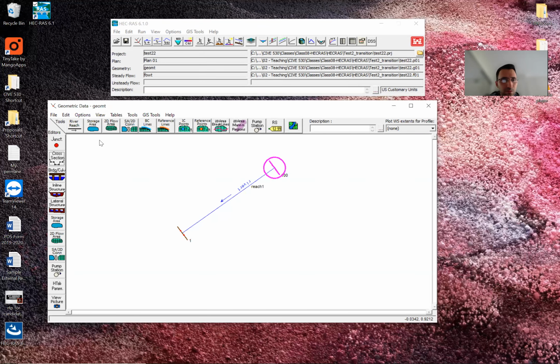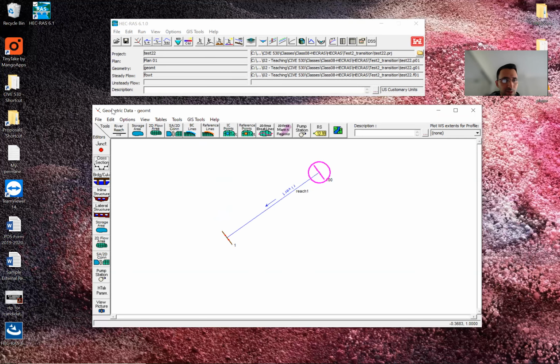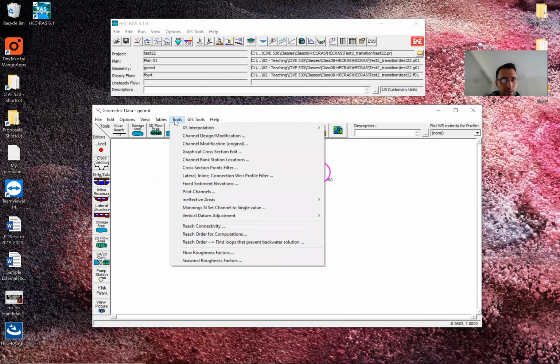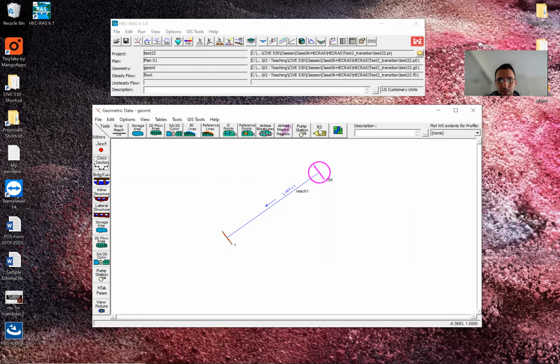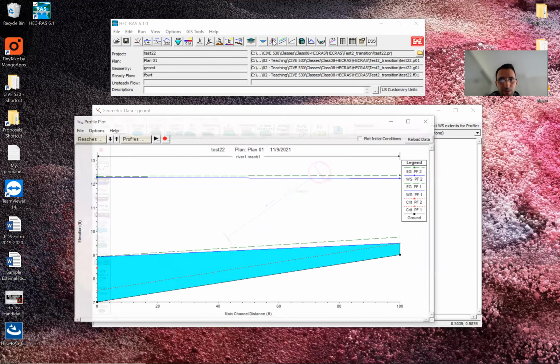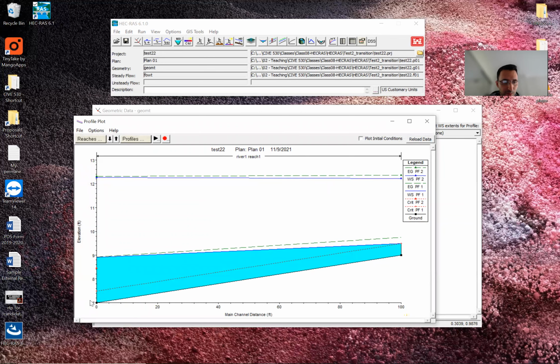But what I want to do right now, under the main geometric data, you also have some options and tools. Like this one, a very useful tool is you want to interpolate within a reach or between two cross sections. So basically, if I want to do anything to this, like right now you can see my profile. For example, if I want to create a transition, a step in this for, let's say, 1 foot rise step,